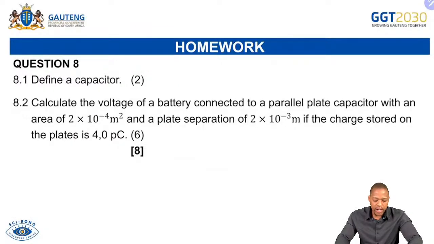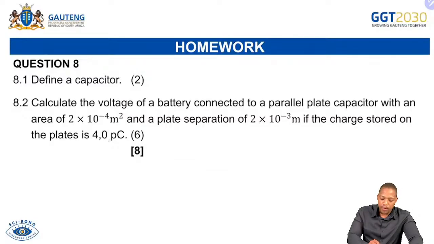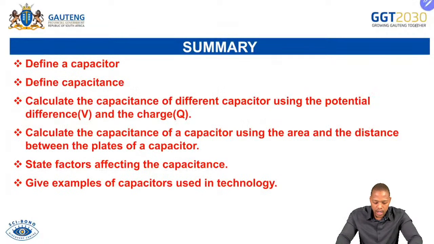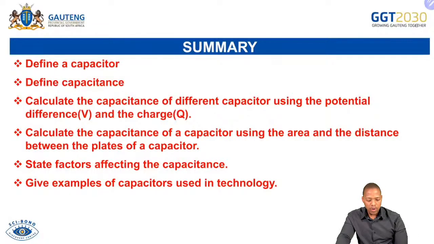Another one there, define a capacitor, 2 marks. Calculate the voltage of a battery connected to a parallel plate capacitor with the area of 2 times 10 to the power negative 4 square meters and the plate separation of 2 times 10 to the power minus 3 meters. Already converted for you. If the charge stored on the plate is 4.0 picocoulombs. This is where now you are going to get a problem if you do not know how to convert the charges. Okay, try that one again also as your homework, and then let's go over our summary